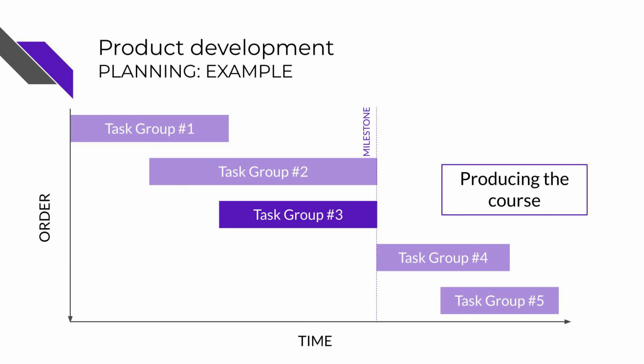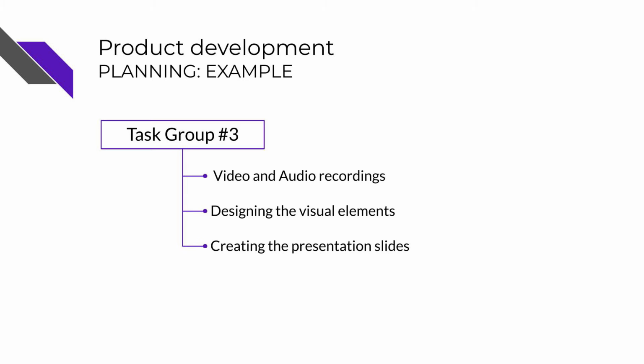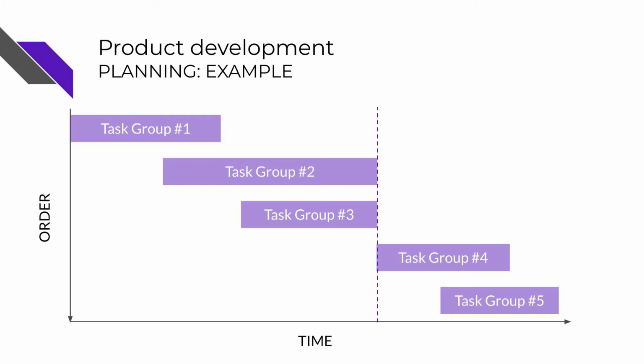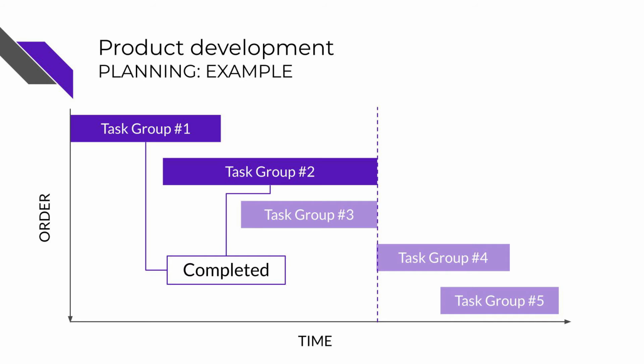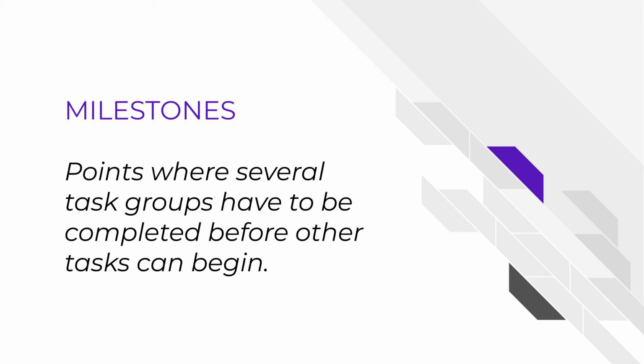Then in phase 3, the course itself goes into production phase where you are actually recording the content, creating the visuals and the presentation, finalizing the draft and the structure of the course. And this is the point where I've reached a milestone, where other tasks couldn't begin until I finished the ones before. And it is crucial to mark these points in your plan, because this helps you to oversee what is